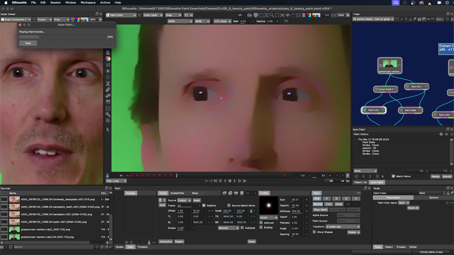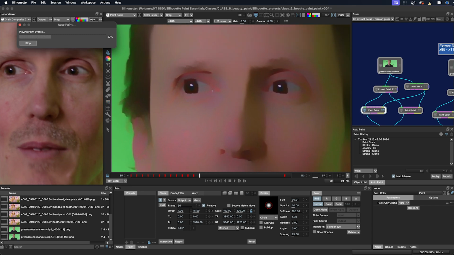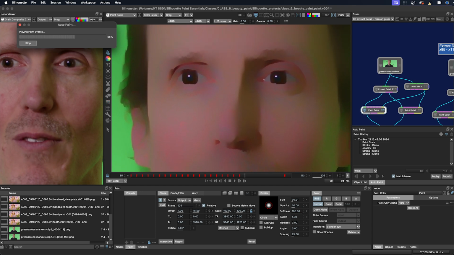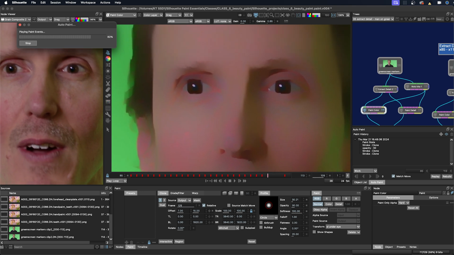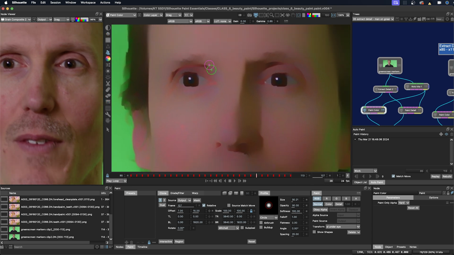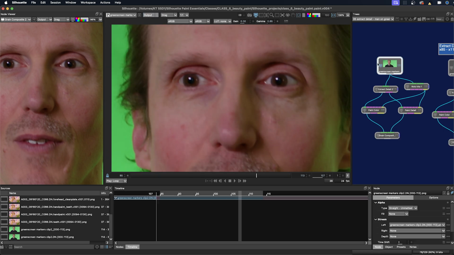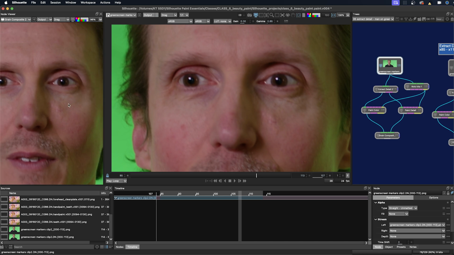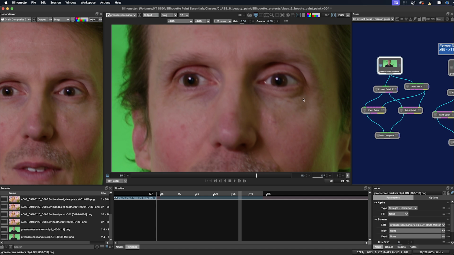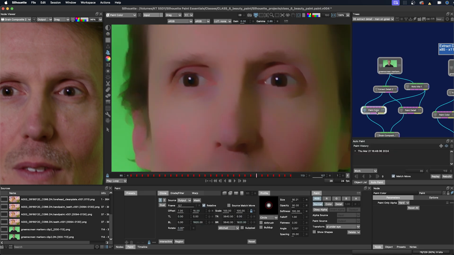I just realized I selected the wrong tracking layer, but it looks like it's tracking pretty well because it's on the same plane and has similar movement. So the nice thing about this is that I'm painting the color, but I'm preserving the detail. Okay, we'll take a look at the original just to compare. We'll look at the output, or the input, I should say, and we'll go back to our original. So you can see here, it's already making a difference, and we can even take it farther. Go back to the color layer.